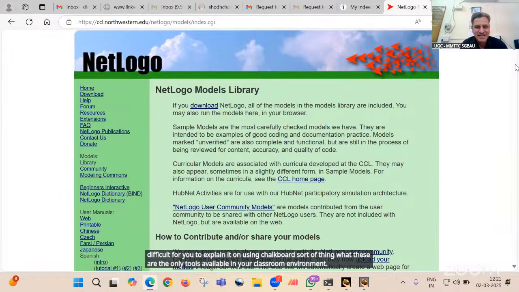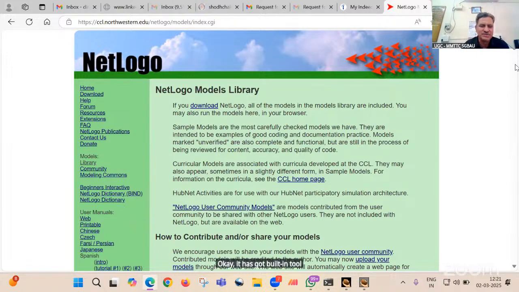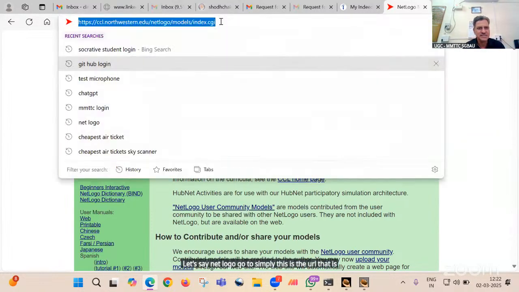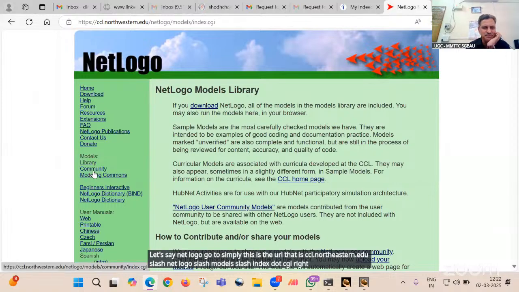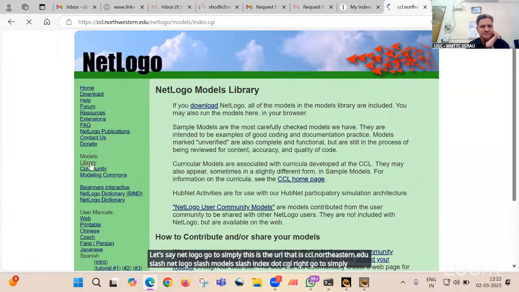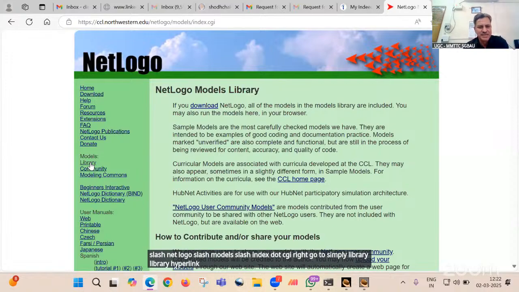But if you make use of this particular tool, NetLogo, which is basically a tool for almost all disciplines, irrespective of whether you are from arts, humanities, physics, chemistry, it has a built-in tool for explaining difficult concepts. Let's say NetLogo, go simply to this URL, ccl.northeastern.edu/netlogo/models/index.cgi. Go simply to the library hyperlink. When you go to the library,